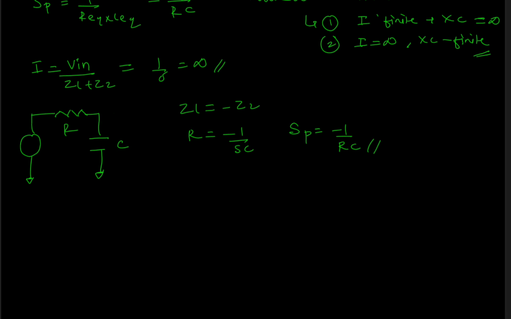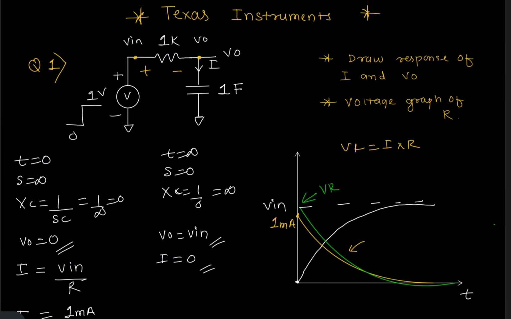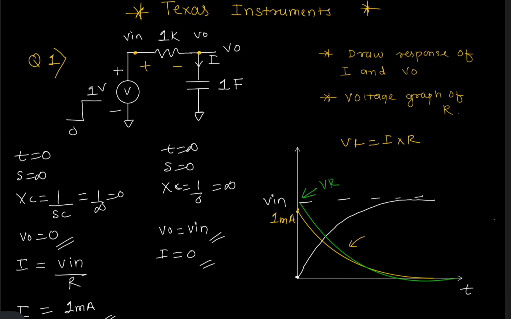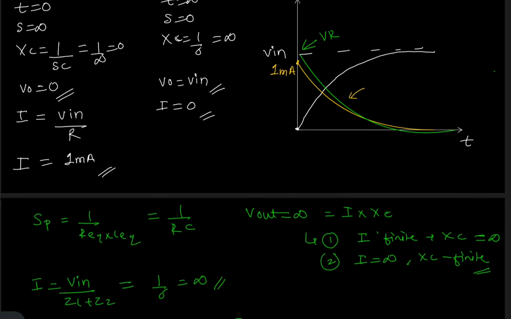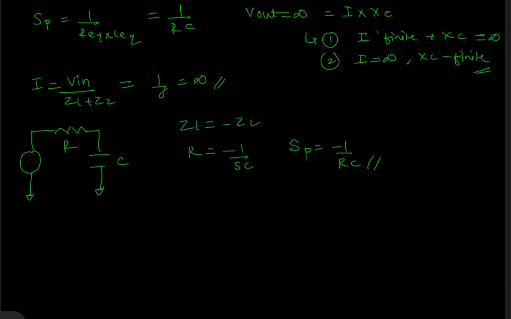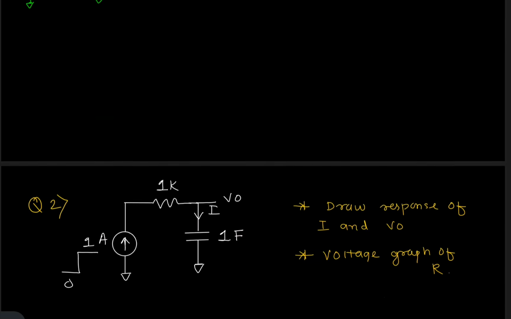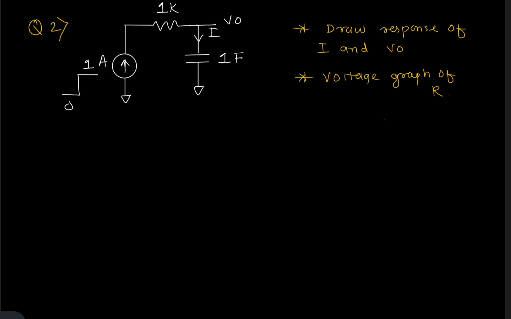They went to another question, but here you can also think of poles, zeros, and you can also think of how to plot the Bode plot, the phase and magnitude. Those two things you should also see, and if you want me to make the video on that, you can comment. Okay, so going to the next question, they replaced the voltage source with a current source, a step current source,